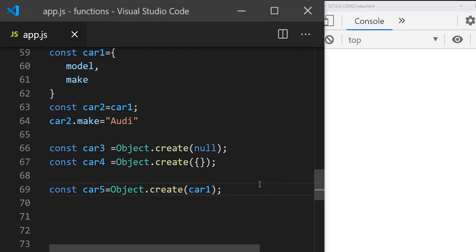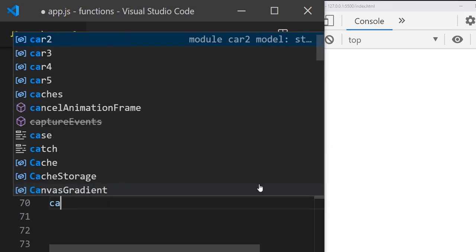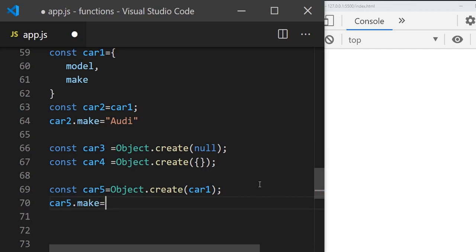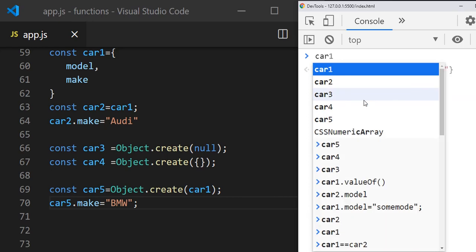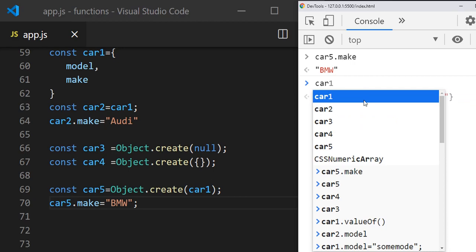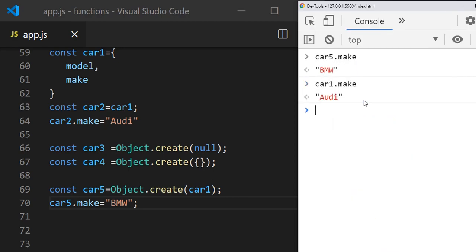And now if we add car5 dot make some value, and type car5 dot make, BMW, but car1 dot make, you can see is still RD only.